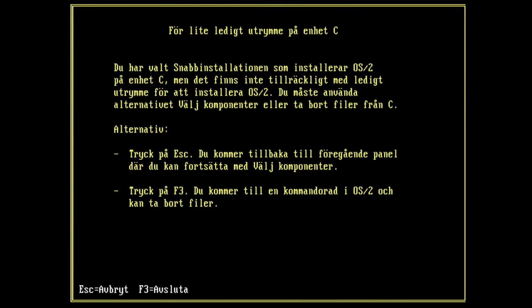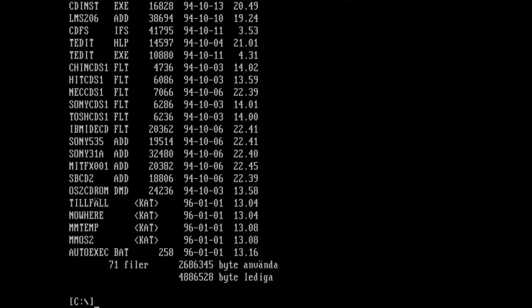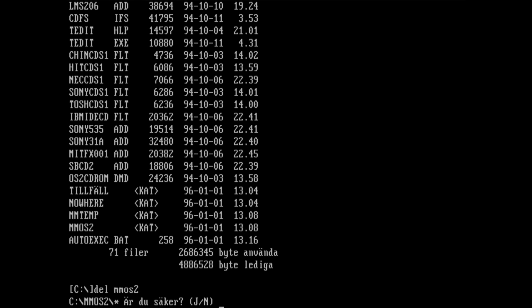But before I could do that, I first had to delete some parts of this half-finished install, as there wasn't enough free space left anymore. Thankfully, you can get an OS/2 command line from the installer. The first time I tried to reinstall, it hung during the text-based installer phase. The second time, I once again got a segmentation fault during the graphical part.